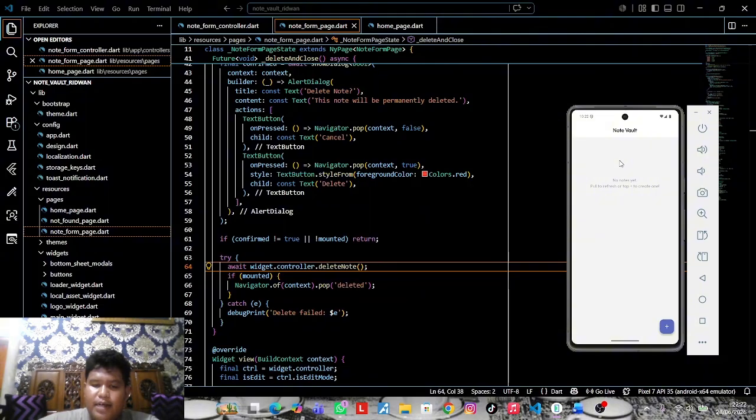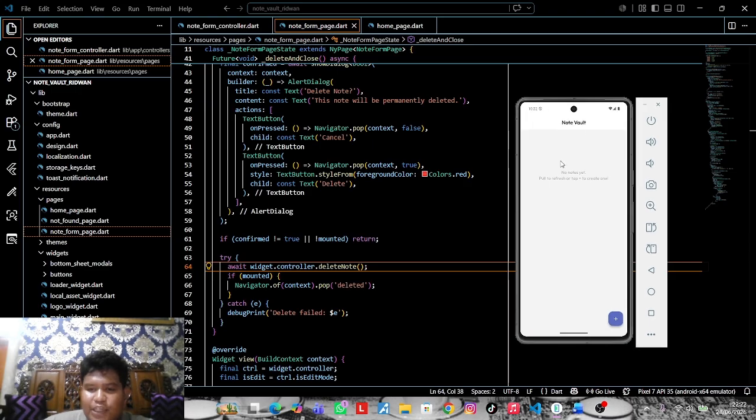So when the application starts, the first page displayed is the home page. This page is responsible for displaying all saved notes. In the code, when this page is opened, the init method automatically calls the reload notes function.